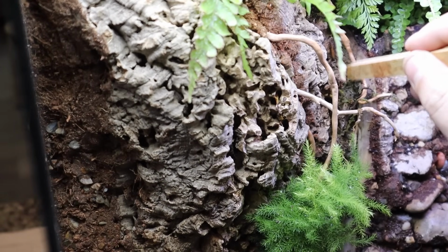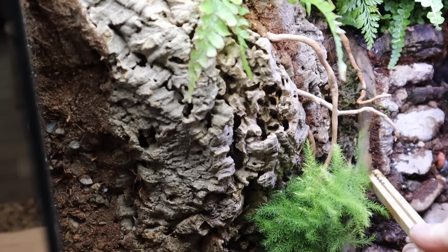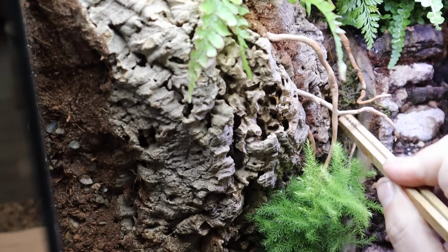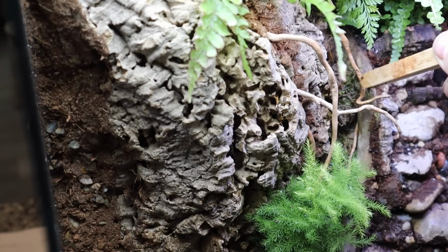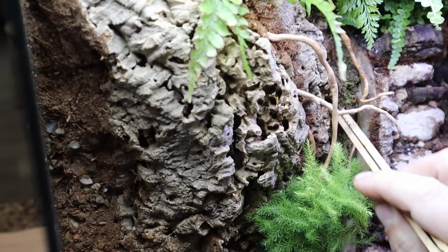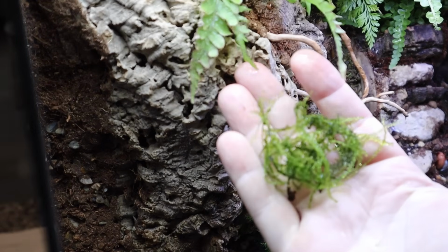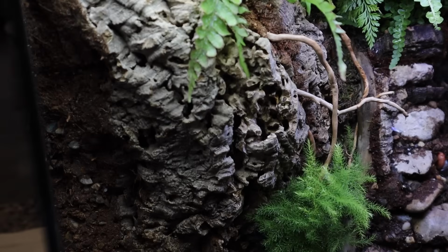And now to add some live moss elements to the cracks and crevices throughout the waterfall, between the tree trunks, and everywhere else we can find some place to hold some moss. We will also add some Christmas moss, and this Christmas moss we sell on our website